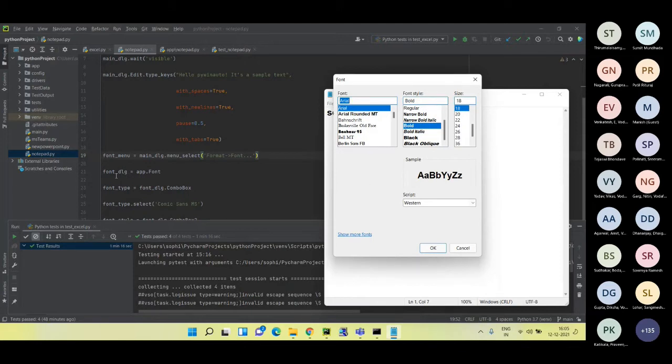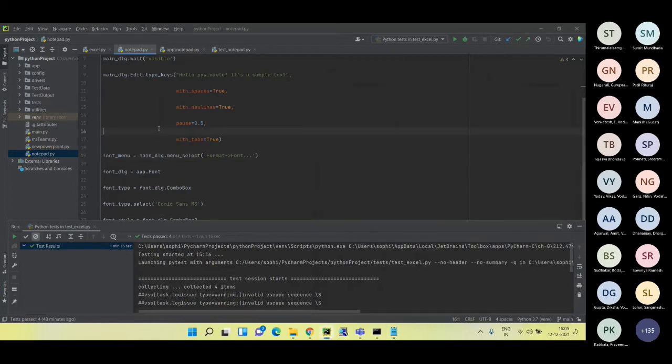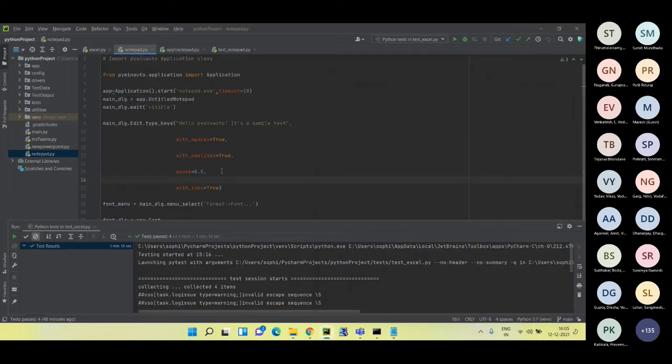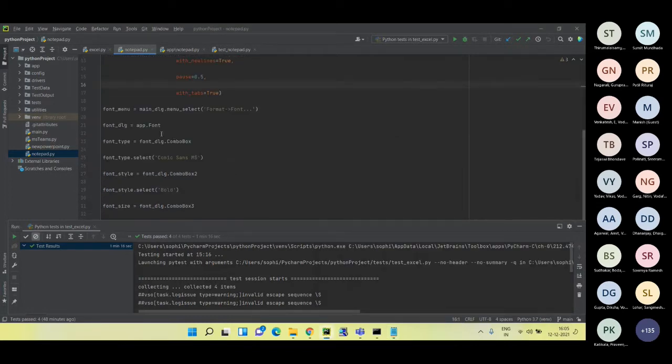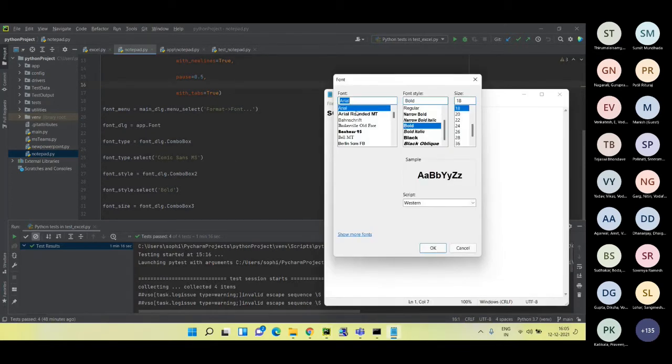In the font dialog, I'll be writing the first app that I had created, this app dot font. That will be the name of this dialog. In this, we see that there are 3 different combo boxes, so we'll be defining each of these. Let's say I want to select Arial font from here.